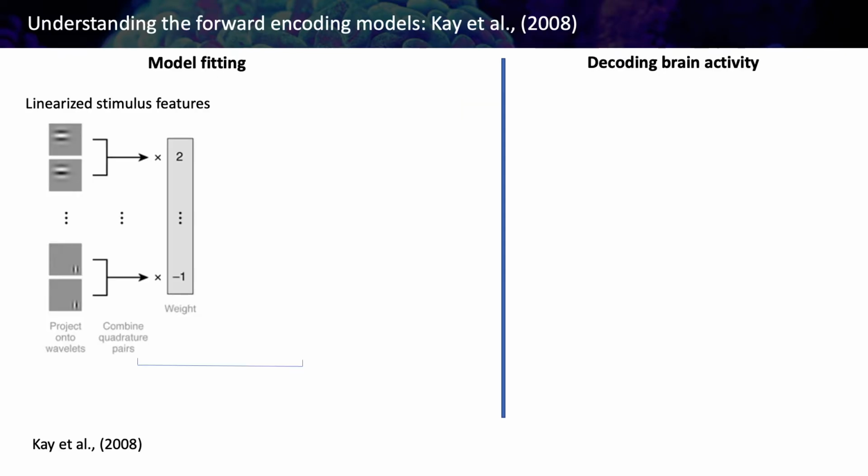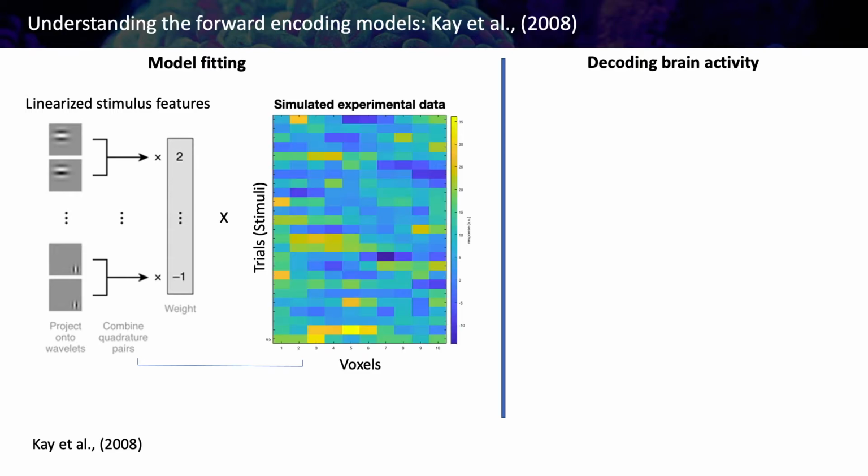The next step is to see how the neural activity in the brain is explained by each one of these channels that we have pre-created, with their weights. So for each trial we have a set of stimulus channels, and we want to see whether, on a trial basis, this activity is explained by the combination of features that we have created.